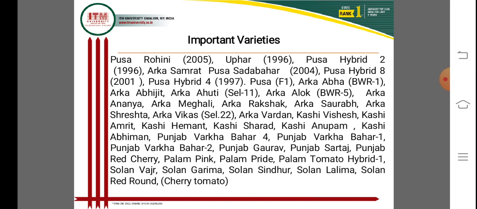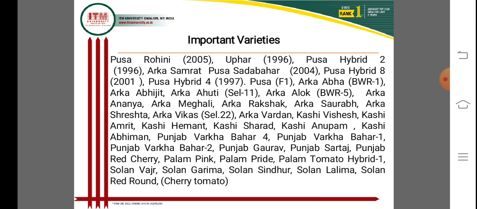For the important varieties of tomato, I am giving only the names; the PDF has details of characters and many other things in the descriptive notes. Please go to the description notes and collect the detailed study material. Important varieties like Pusa Rohini, Upahar, Pusa hybrids. Pusa series varieties were released from IARI New Delhi, and Arka Samrat is a variety released from IIHR Bangalore. Pusa Shadabahar also released from